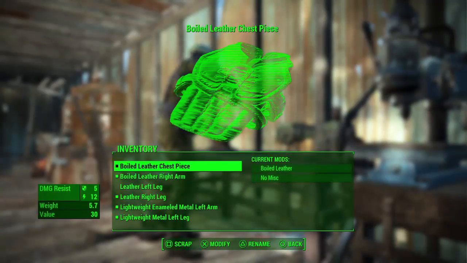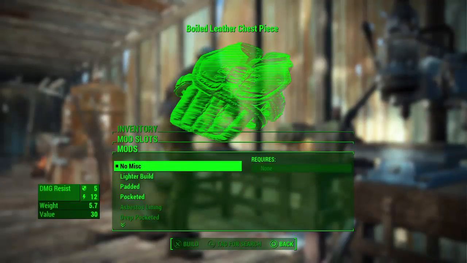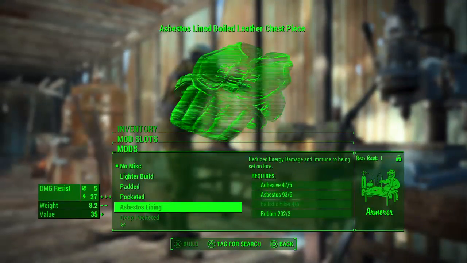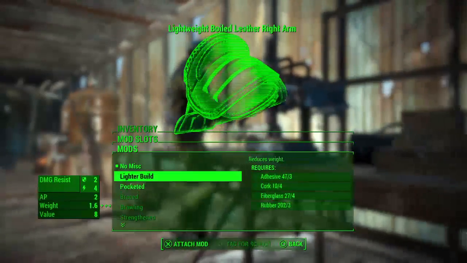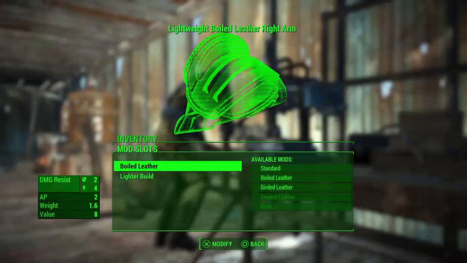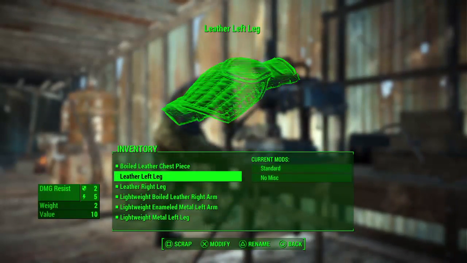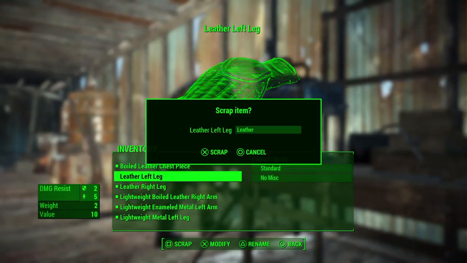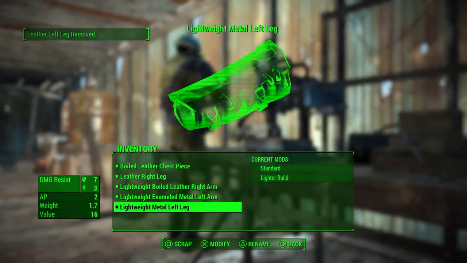So what have we got here? We've got a boiled leather chest piece. Anything to add to it? Notice I'm not buying any upgrades. I'm only attaching them if I own them. Like that one, that gives us more action points, which is awesome. The lightweight mod is quite important for me right now. Leather left leg. So I'm basically not going to keep anything apart from what I'm wearing until we start getting